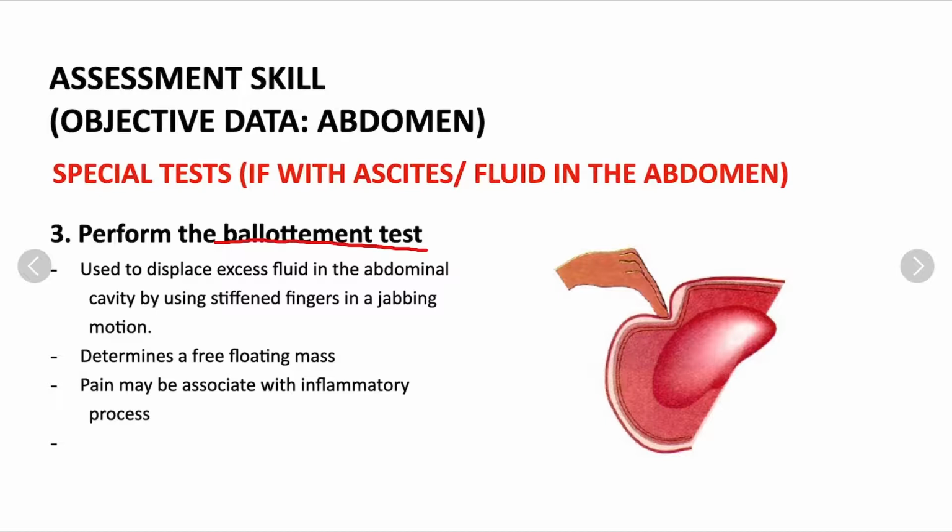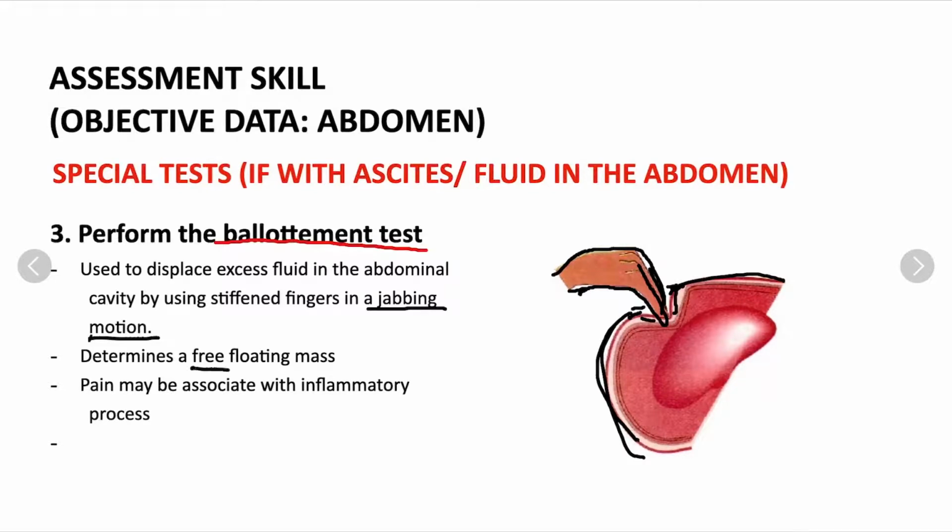Yes, it's familiar for you because this is the fluid in the patellar area of your knee. This is just manipulation of the fluid in that specific area. So what you're going to do is fix your finger in a stiff position, and over the abdomen, for example, this is the abdomen of your patient and you're suspecting ascites, you try to manipulate the fluid, okay, by a motion of jabbing, and try to